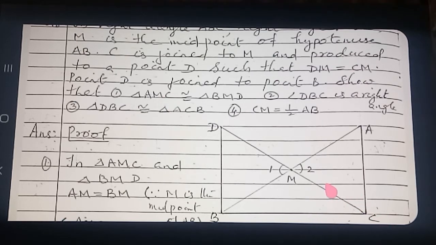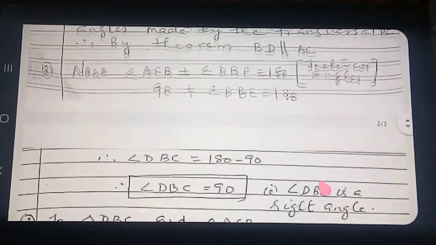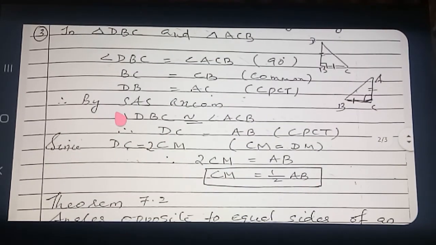You may think why the teacher has taken CM only, because that only you want to prove, no. That is why taking. So in geometry, now full adjustment way we will prove. So what we need, on the basis we will turn the sum. That is the method. So here CM you want to prove, so that I taken that DC is equal to 2 times CM. Okay, we can go to the proof. What I written, you see? Listen. By SAS axiom we prove that triangle DBC is congruent to triangle ACB.